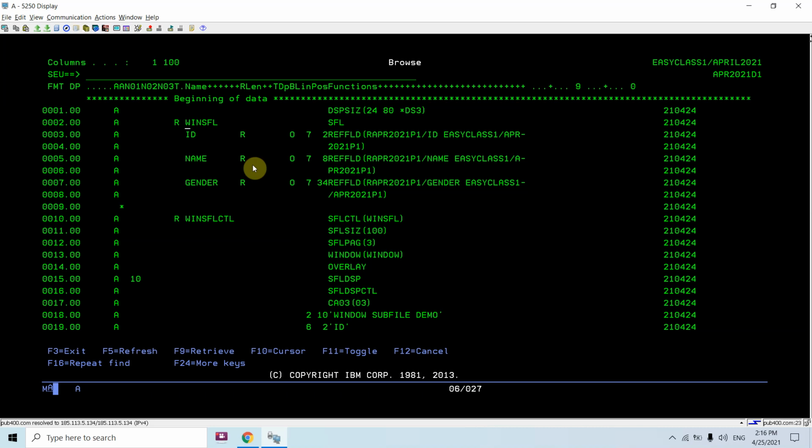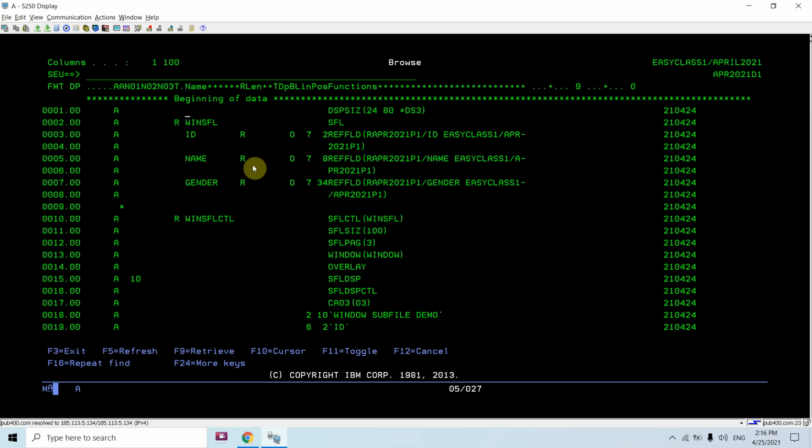Now the first thing is the subfile format. The subfile format is the same as we do for normal subfiles, and even the subfile control formats are the same as for a normal subfile. So basically it's a normal subfile.